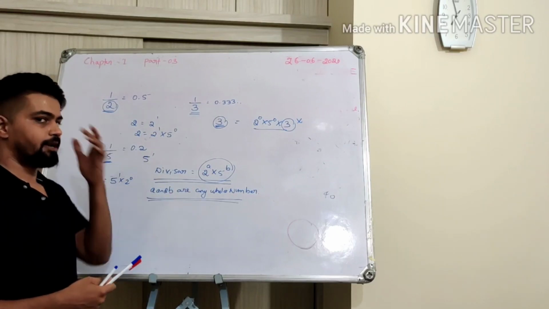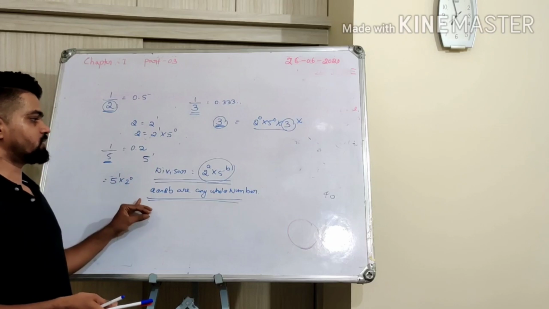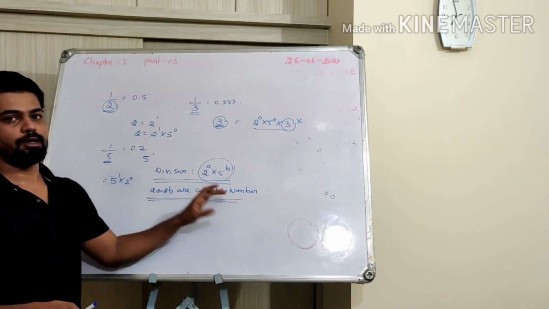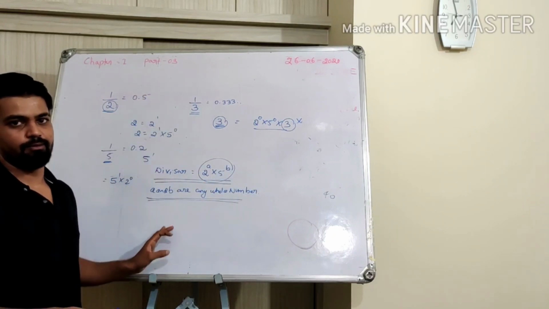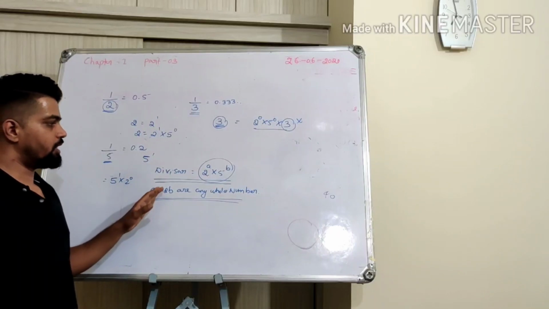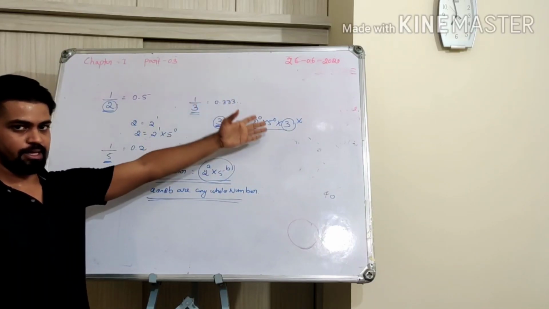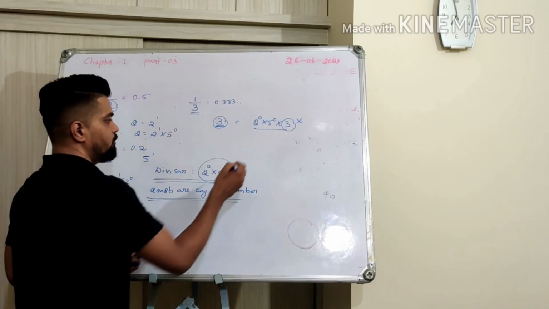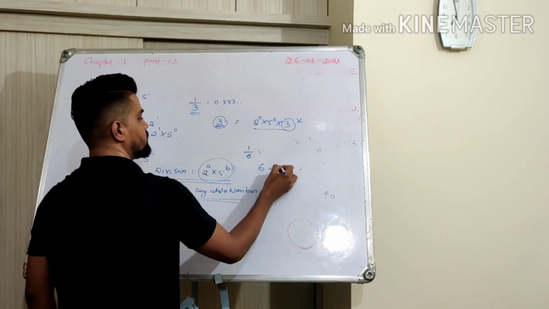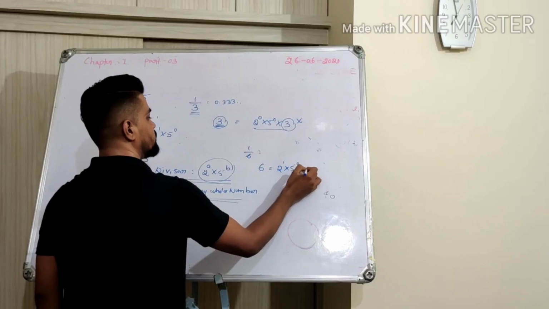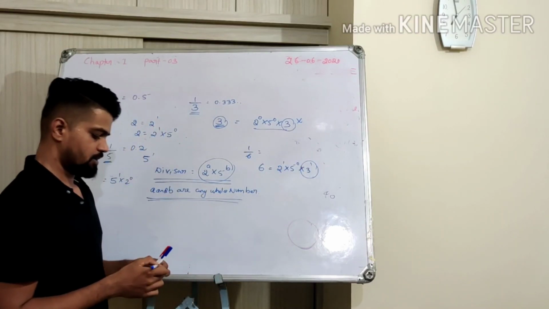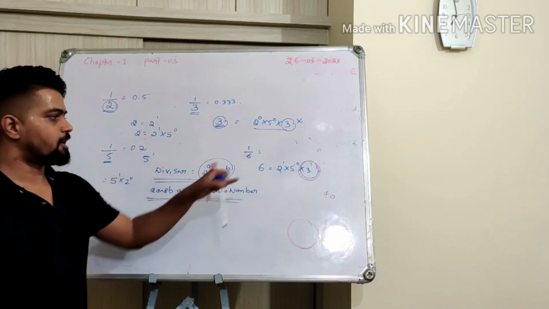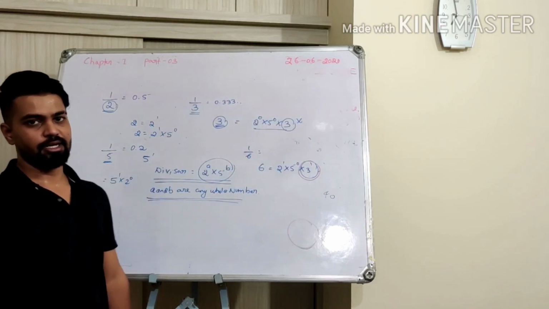So what is my rule? If the divisor of the number or the denominator can be expressed in terms of 2 power a and 5 power b only, where a and b are whole numbers, then I can say the number which we get will be a terminating decimal. If you cannot write only 2 power a, 5 power b, but if you are getting something else along with that like 3, then this is not going to be a terminating number. So for example 1 by 6, how will you write 6 now? 6 can be written as 2 power 1, 5 power 0, but 3 is coming here, right? So this 3 cannot be written further in terms of 2 and 5. So that is the reason this cannot be a terminating decimal, this will be a non-terminating decimal.